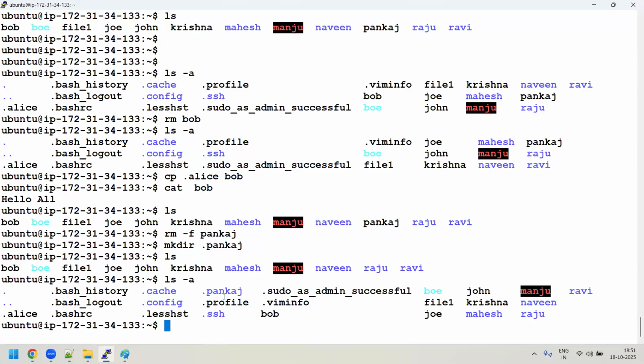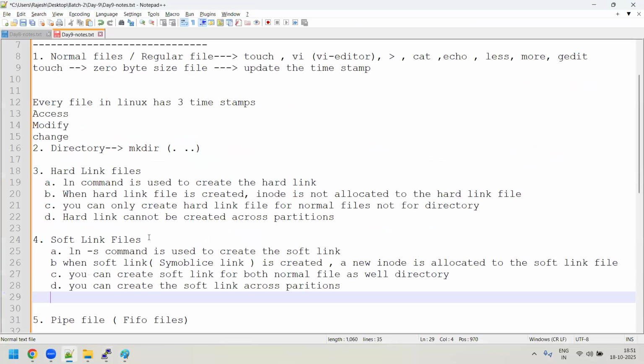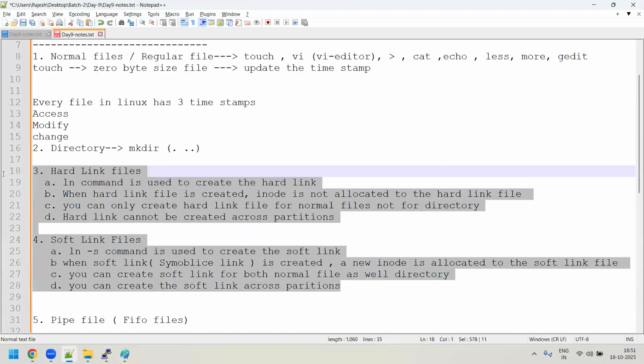So guys, I hope that you understood these two types of files, soft link and hard link. We understood it actually. And whatever I'm saying, you have to tell in the interview also. Same thing, right? There's no cross question. But sometimes in interviews they'll ask why we have this soft link. Then what is the use of the soft link?